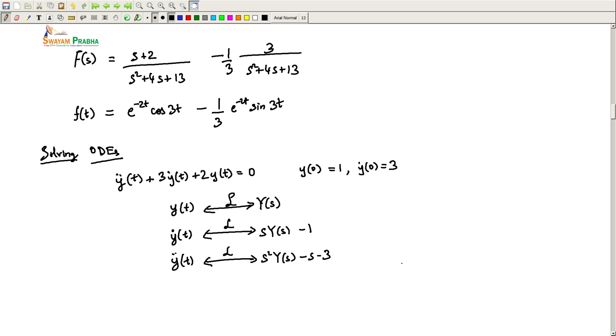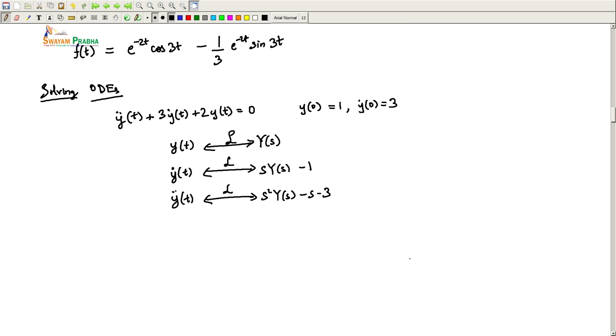Now that we have listed down the Laplace transforms, we can substitute in place of these variables. So basically we will get s square y of s minus s minus 3 plus 3 s y of s minus 3 plus 2 y of s is equal to 0,